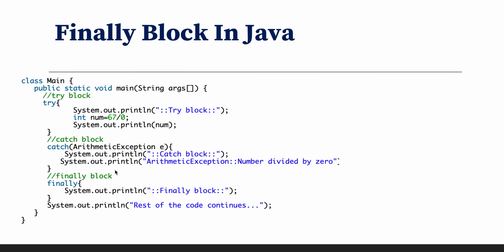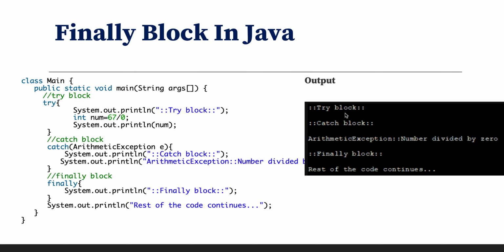If you run this program, you will see output something like this: try block, then this is executed, and it threw some exception. That's why it is not printing num here. Then it went inside the catch block because we have already handled that arithmetic exception. Then it prints catch block, then this statement, and after that it also goes inside the finally block.